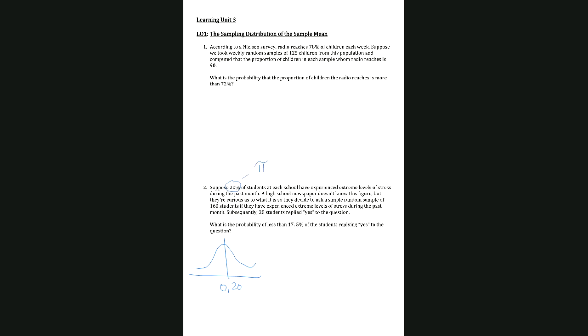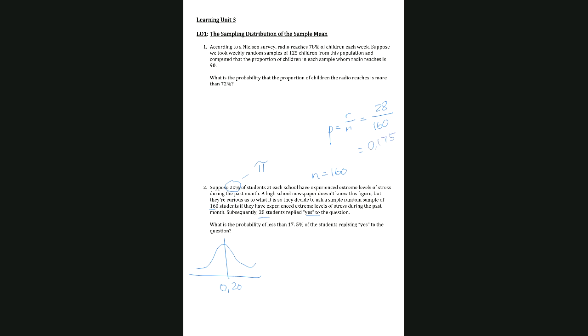Then they say to you that a high school newspaper doesn't know this figure, but they're curious as to what it is. So they decide to take a sample of 160 students. So n is equal to 160. And they ask them if they have experienced extreme levels of stress during the past month. Subsequently, 28 of them replied yes. So your p-value, in other words, is then calculated as r over n, which in this case is 28 out of the 160 students. This gives you a p-value of